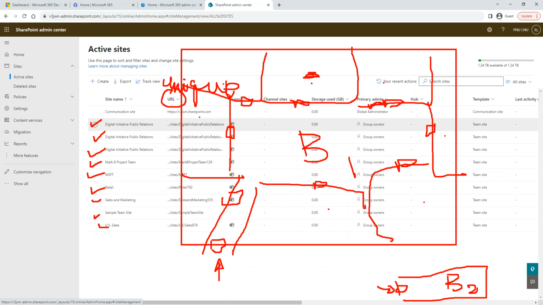That means unique URL, unique address. So each building has a unique address. The address that takes you to B1 doesn't take you to B2, unless B2 lives inside of B1. They have unique addresses. So this URL tells the unique address of each site collection.